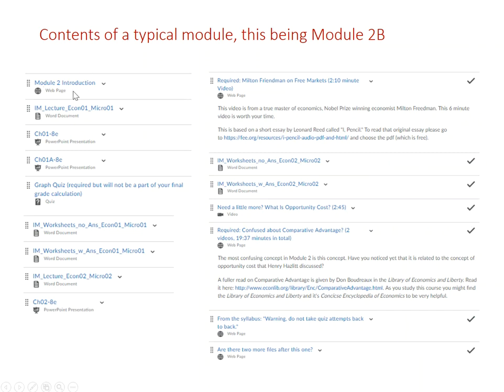The first thing you're going to see is a Module 2 introduction. That is not going to be there in every single module, but in this case, it is an introduction. You can see it's a web page. It's written by me, and it's going to go through what Module 2 is all about, maybe give you some ideas of what to look for and what have you. The next one is